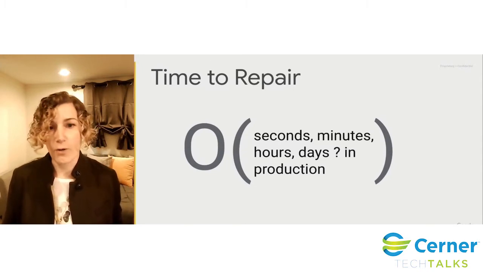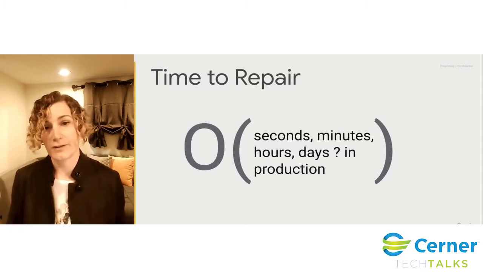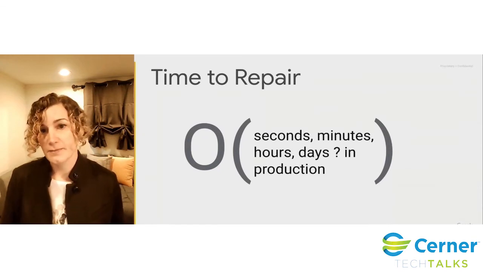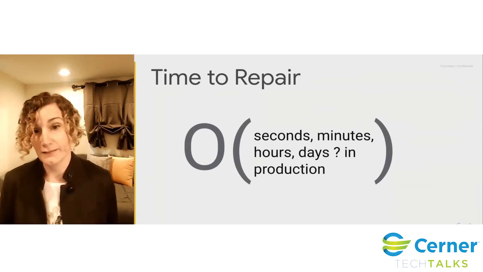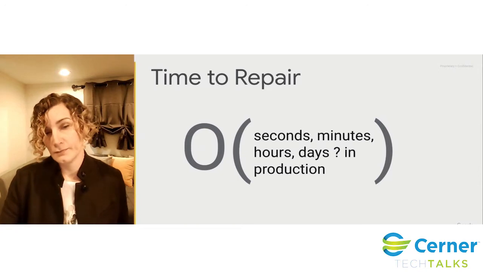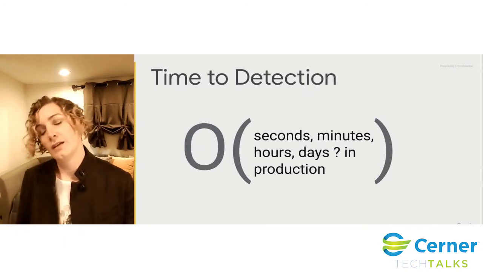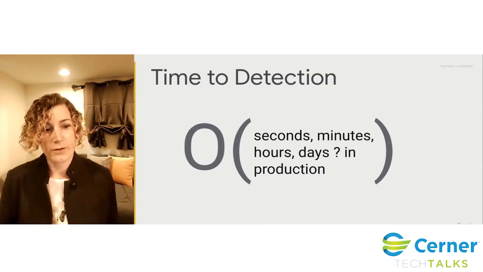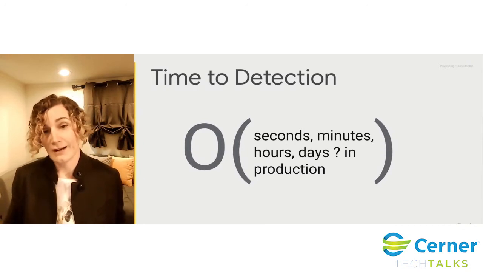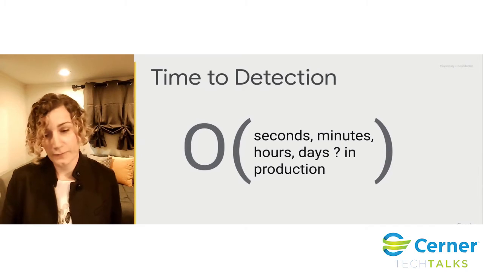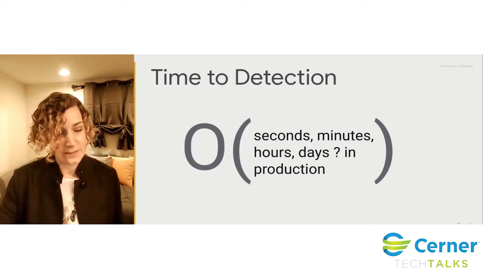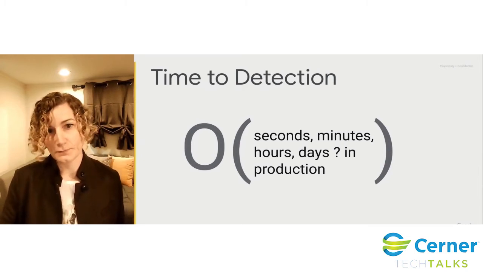So your alarms go off, customer reports an outage, whatever it is. Can you fix it in seconds, minutes, hours, days, maybe weeks? This is a little dependent on time to detection. So if it takes you days or weeks to notice there even is an issue, then you've got to add that to the time it took you to fix it as well. But DORA doesn't actually talk about time to detection in their 4 key metrics.